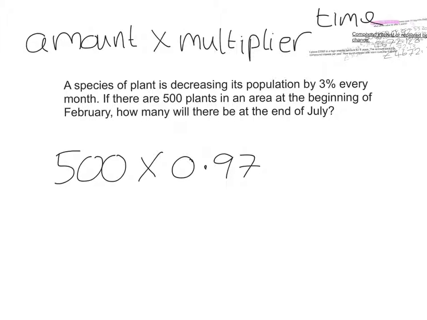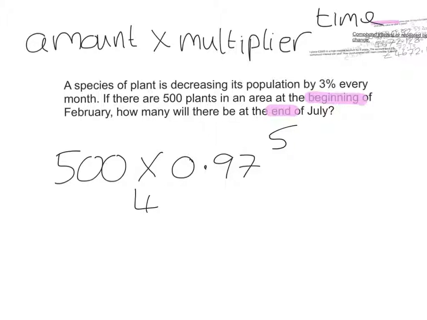Now let's think about this very carefully. It's 500 plants in an area at the beginning of February. How many will there be at the end of July? So we have the beginning of February, but the end of July. So that means I have all of February, all of March, April, May, June, and all of July. So that's actually 6 months, not 5, because I've gone from the start of one to the end of the other. So that was over 5 months. And I then get my calculator. 500 times 0.97 to the power of 5